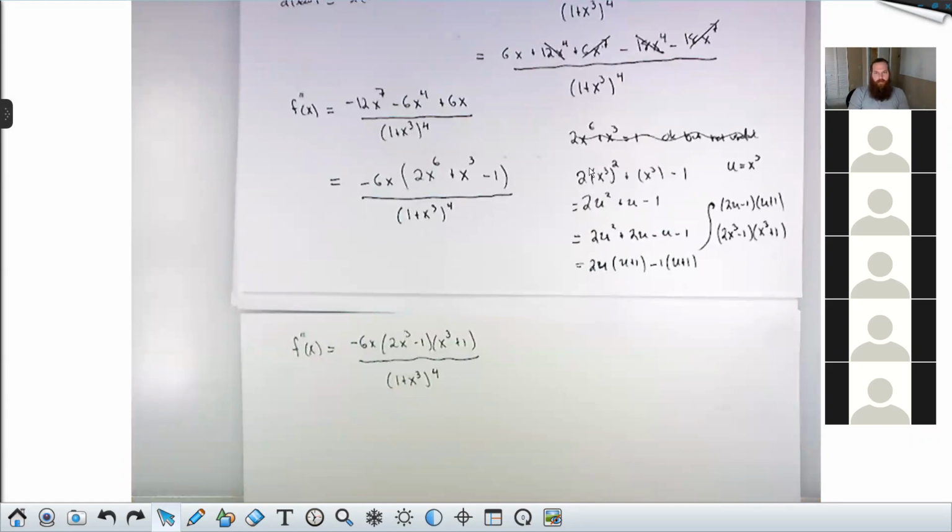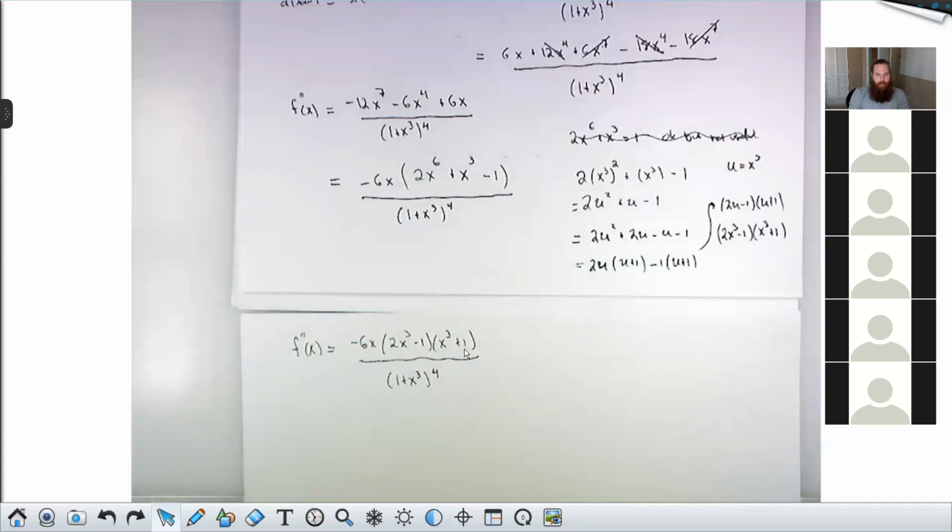And this factoring trick is something that might be lost deep in the annals of pre-calculus. It's understandable if you don't remember this right away. But the giveaway here is that x to the 6th is x cubed squared. So I can do this little substitution and treat it like a quadratic, and then plug back in for x cubed. So now I see that f double prime will be